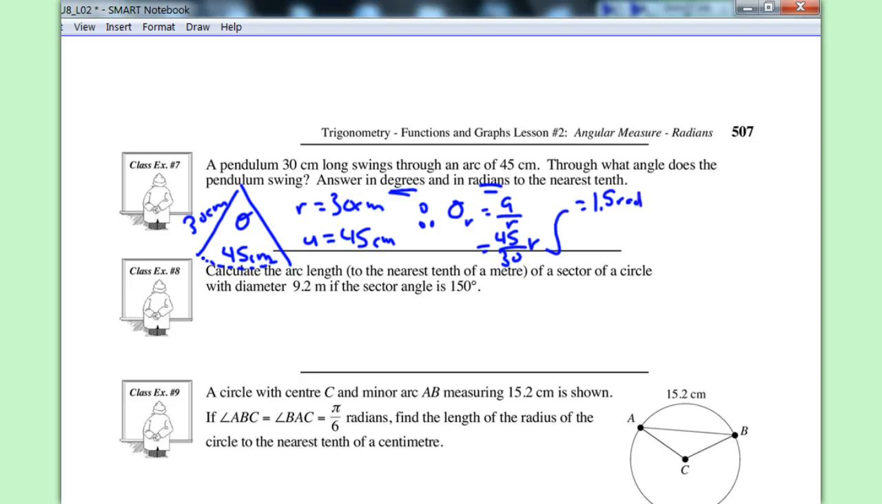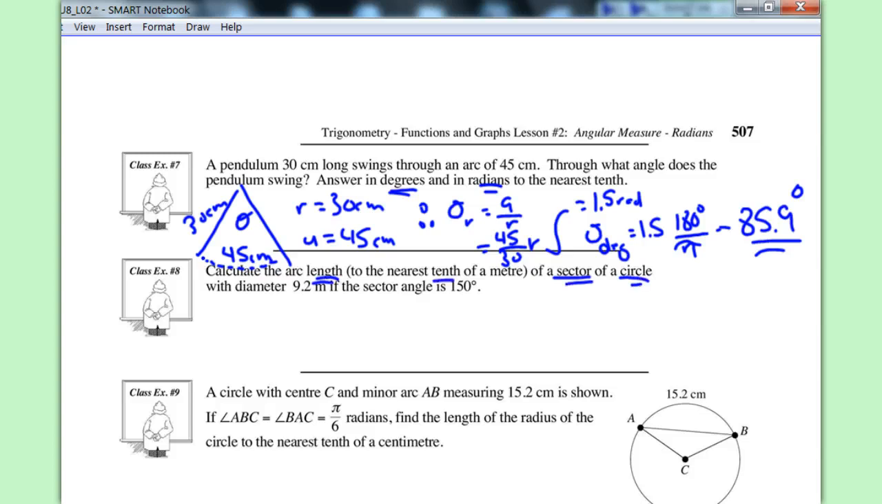But it also asked me to convert it to degrees. So theta in degrees, as it says, I take 1.5 and I multiply by 180 over pi, and I end up with 85.9 degrees. Nice. In question 2, I'm asked to calculate the arc length to the nearest tenth of a sector